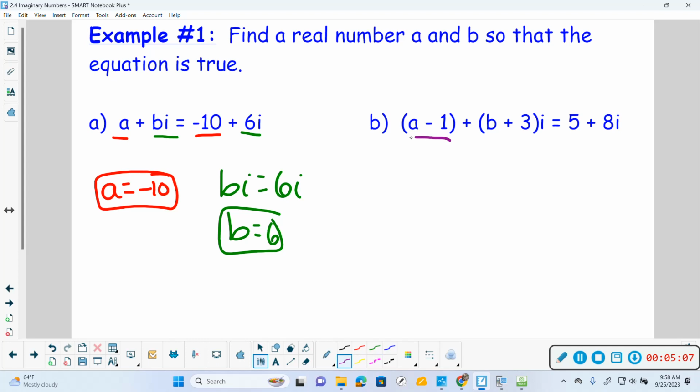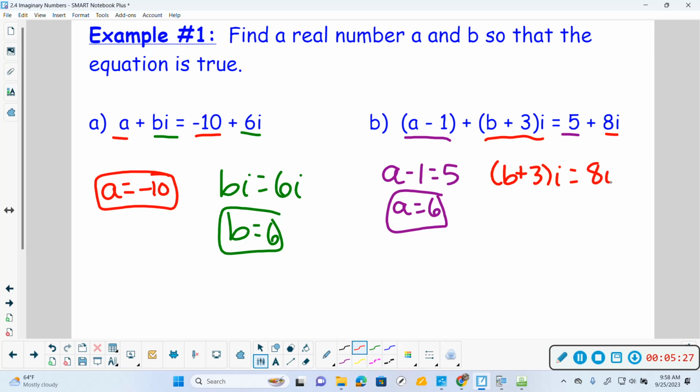Okay, same thing. Reals, because there's no i. So I am going to have to do a little mental math here. Clearly, A is 6, add 1 over. Love this stuff. Okay, and then let's do our imaginaries. So our B plus 3i